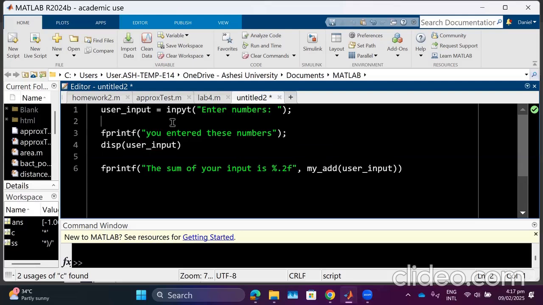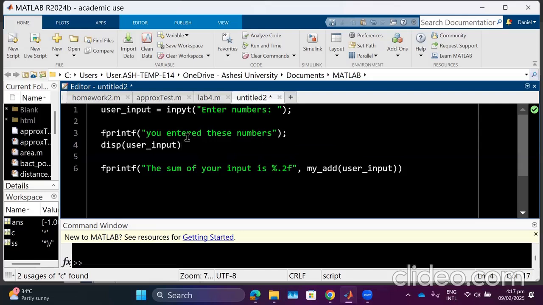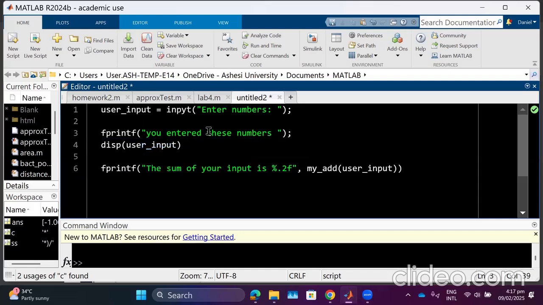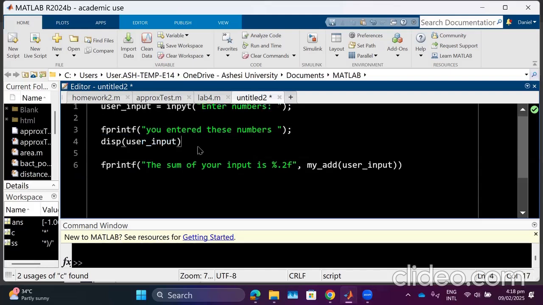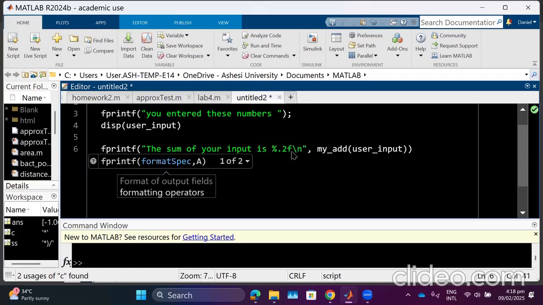So as I said, we took the user's input as an array. We'll take it as an array, print it to them. Anyway, there's no placeholder for arrays. So that's what I'm doing fprintf with no new line character. That means it will be on the same line. Let me give a space. And then I'll use the display to display the array. So it will appear like they're on one line. The display automatically adds a new line, right? I guess to the sum of your input is that. Then I can put a new line character over here, right? So \n. Okay. And then I call my function and pass in the argument, which is what the user entered,